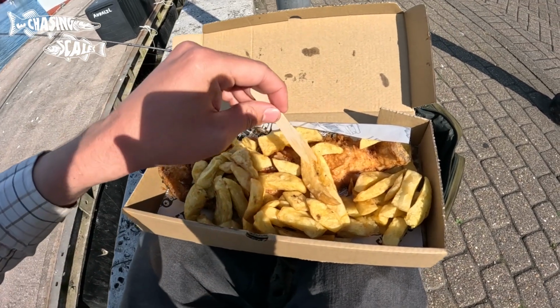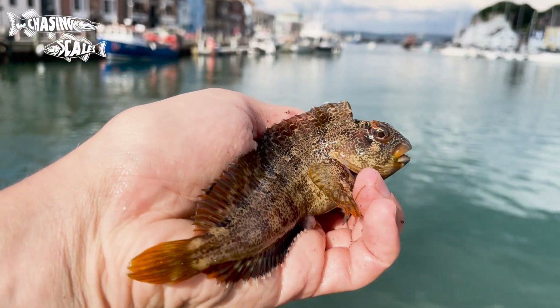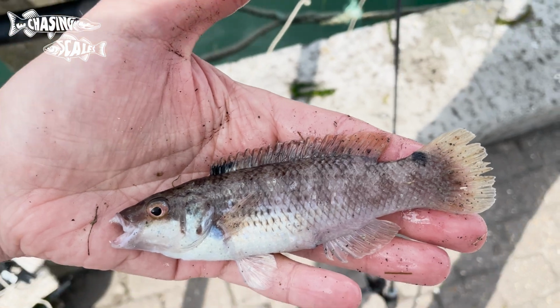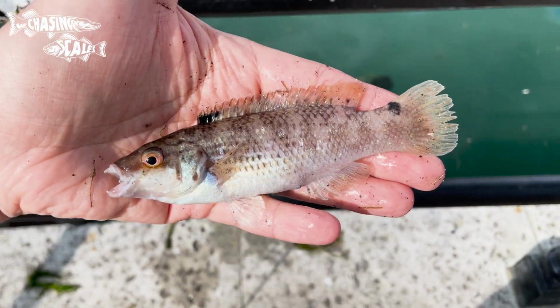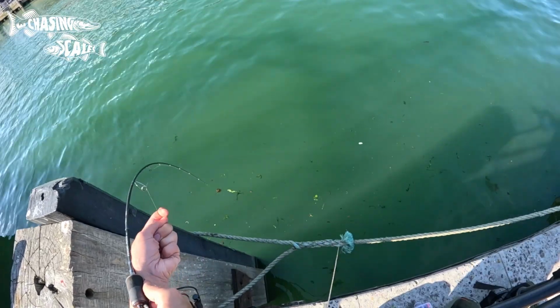Moving into town, I grabbed some fish and chips and I had another go. A tompot put in an appearance, which was always nice to see, and a goldsinny, another new species for my tally. After that, things went a bit downhill, as I constantly got snagged, and looking at the sea